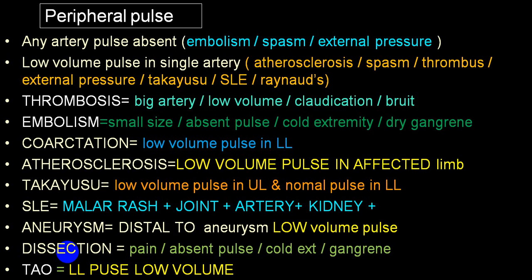In Raynaud's disease, upper limb pulses are more involved, but it is more involvement of the distal pulses like the radial and pulse in the palm. Proximal pulses are preserved. So it is a characteristic. You will get Raynaud's phenomena when the fingertips are exposed to cold. You will get changes in the fingertips, initially pallor, followed by cyanosis, followed by rubor. This is a characteristic of Raynaud's phenomena.